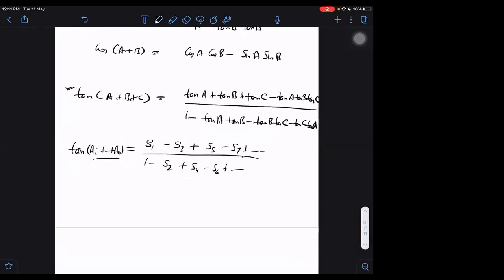This will help us to get the sin 3 theta also and tan 3 theta also. First, let us get tan 3 theta value. What is tan 3 theta? Obtain the value using this: tan theta plus tan theta plus tan theta. What will it become? 3 tan theta minus tan cube theta, divided by 1 minus